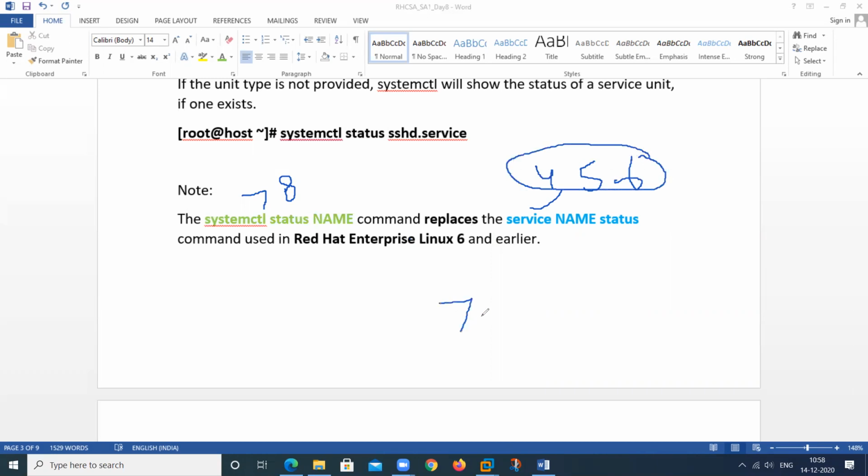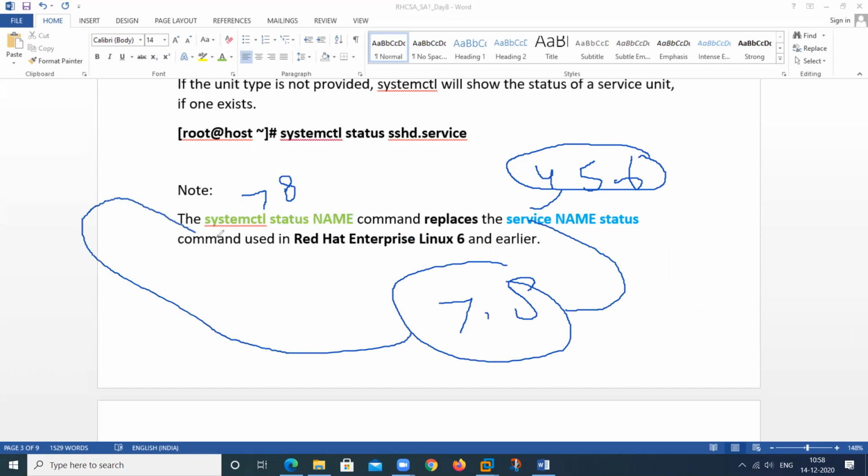But if we use this in RHEL 7 or RHEL 8, this also works, but it will automatically redirect this particular command to the systemctl command. In the background, this will work because it redirects this command to this.